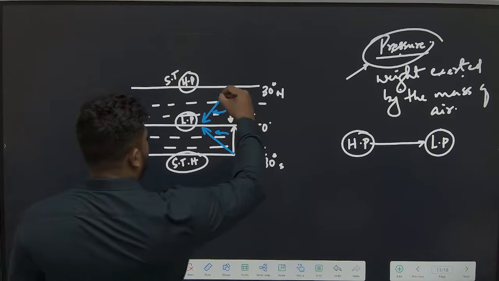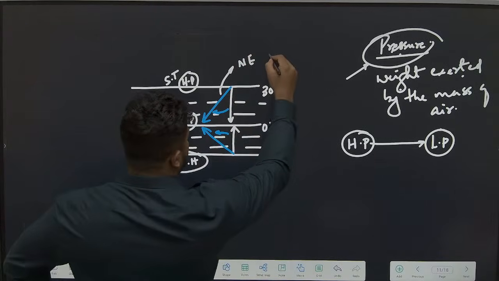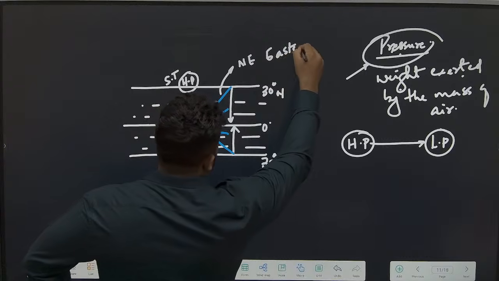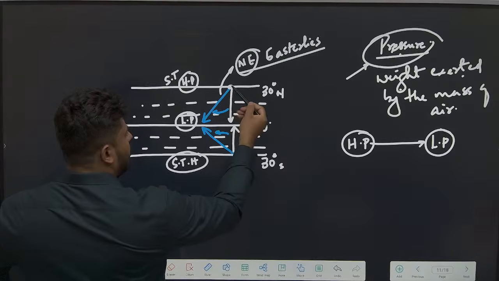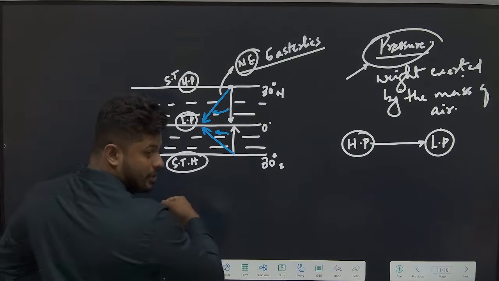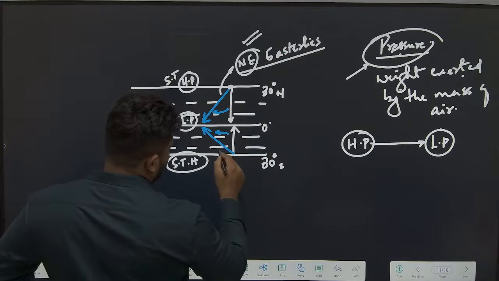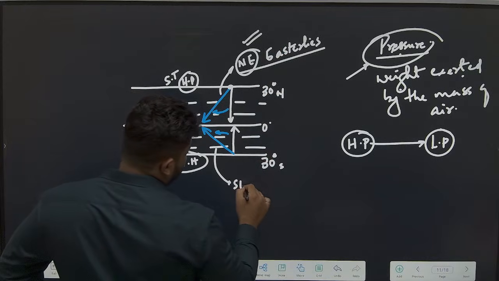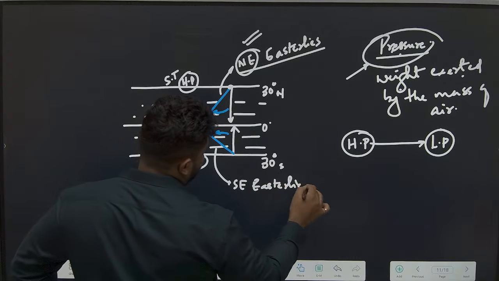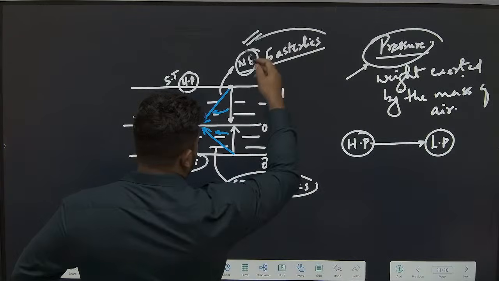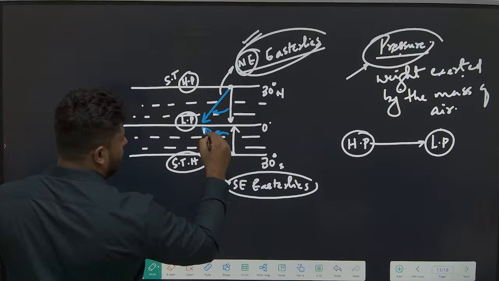What do we call this wind? North east trade winds. Northeast easterlies also. Generally they are called trade winds. Correct? Northeast means they are originating from northeast and flowing towards southwest. So winds are always named from the region where they originate. What do we call this wind? Southeast easterlies, because it appears that it is coming from which zone? It's originating from the southeastern direction, flowing towards the northwestern direction.